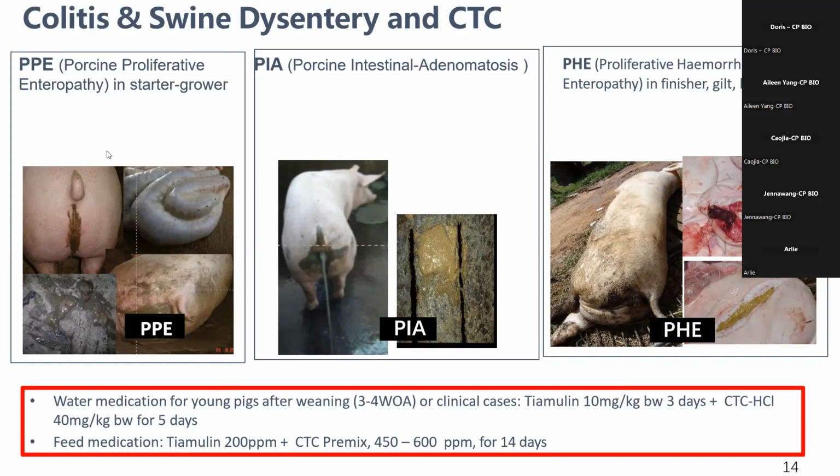There's another special disease which is caused by a protozoa,